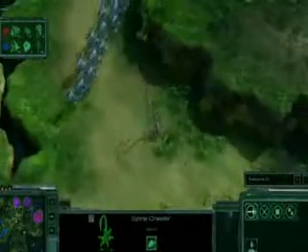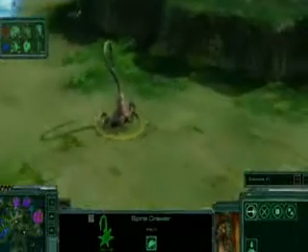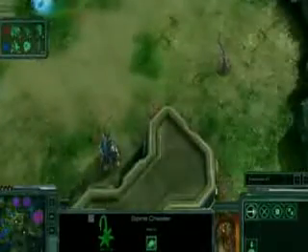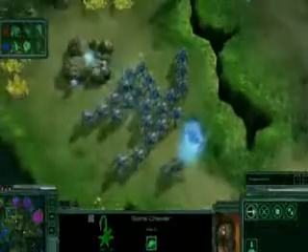He's running with the Spine Crawler, very slow off the creep, much faster when it's on the creep, and it's running for its life, trying to get away. And it looks like the Protoss player has missed it completely. A little bit of comedy here at the end for the Zerg player as he's trying to keep himself in this game. So right now, because Yellow has been stuck in his base for such a large portion of the